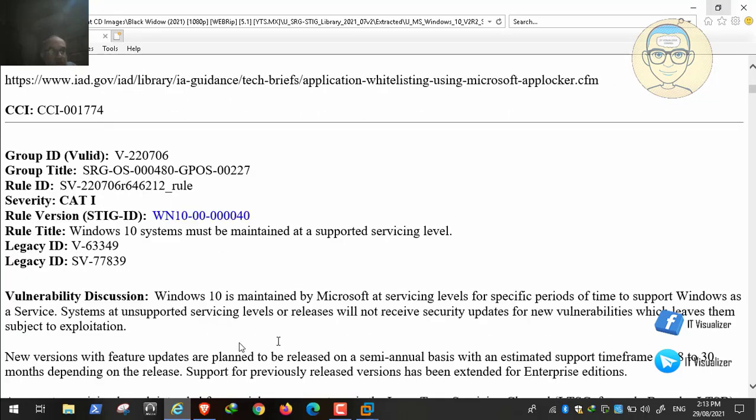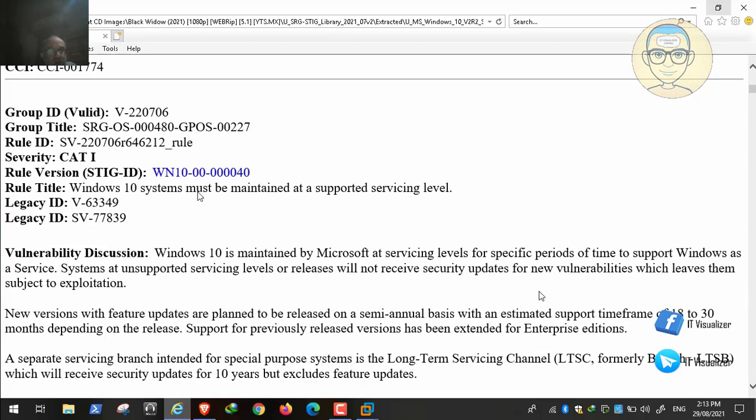And then here we see that it is telling us you need to have maintained a supported servicing level. What do we mean by this? We mean that the operating system on your workstations needs to be supported by Microsoft. What do we mean by supported? Some systems are no longer supported by Microsoft and are deprecated, something like Windows XP and Windows 7. So you don't need to have any of these systems deployed in your environment. You need to have a valid operating system, one that is still supported by Microsoft and whose life